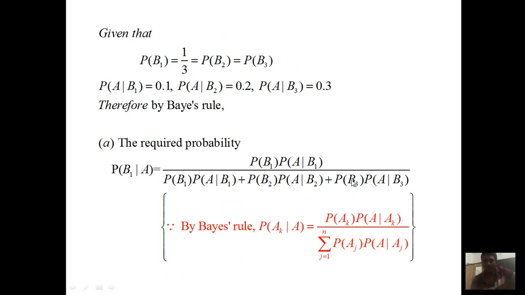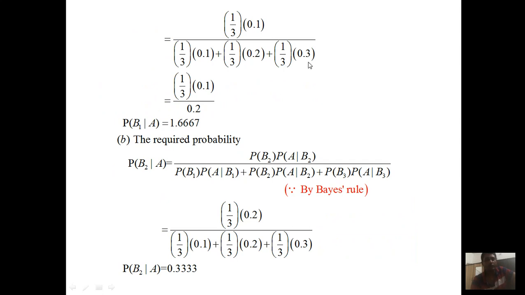Similarly, probability of B3 is 1/3 and probability of A given B3 is 0.3, so 1/3 into 0.3. Further simplification leads to the probability of B1 given A